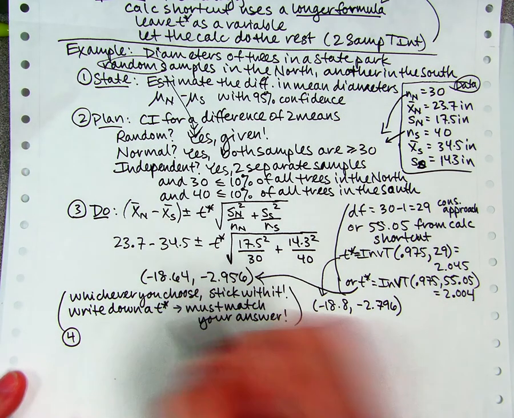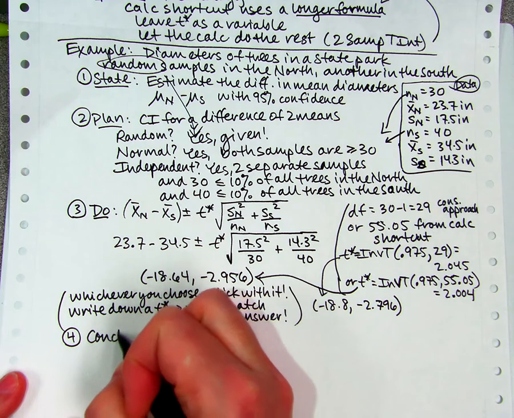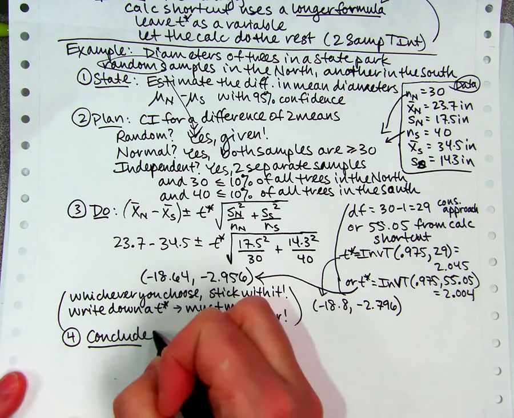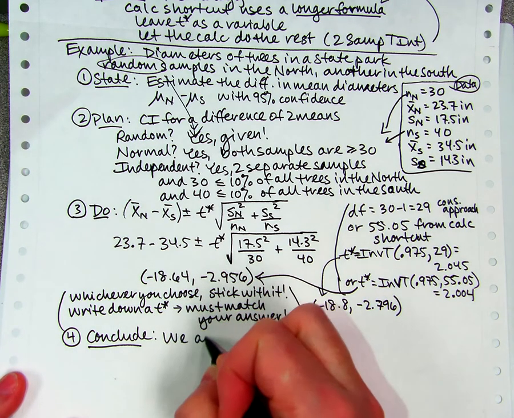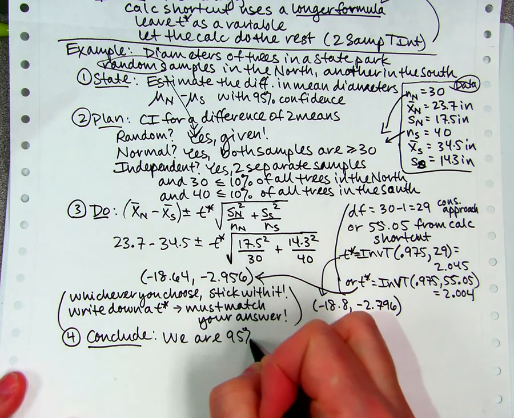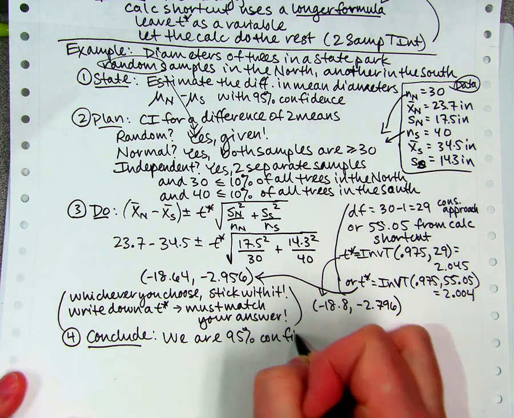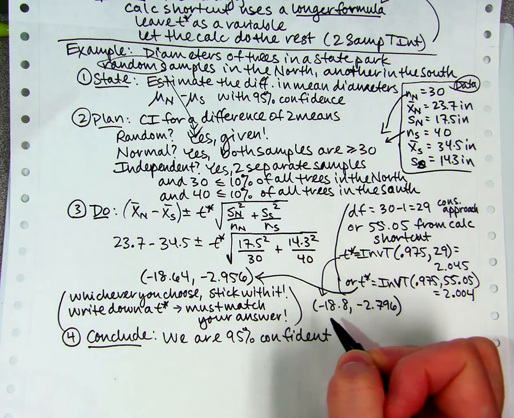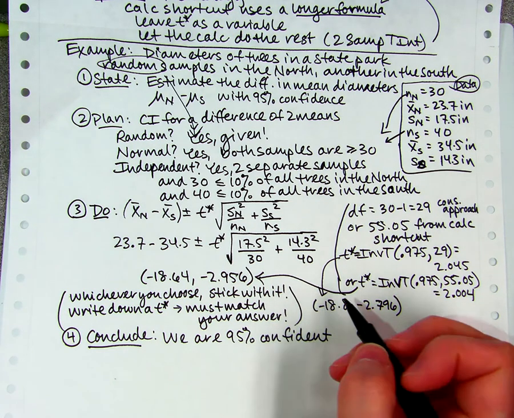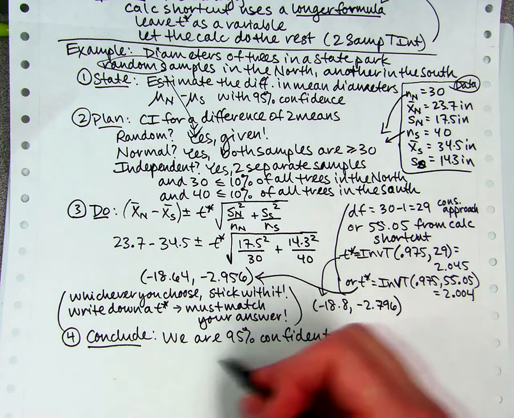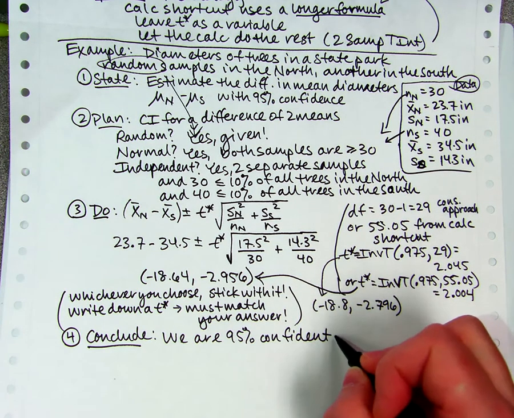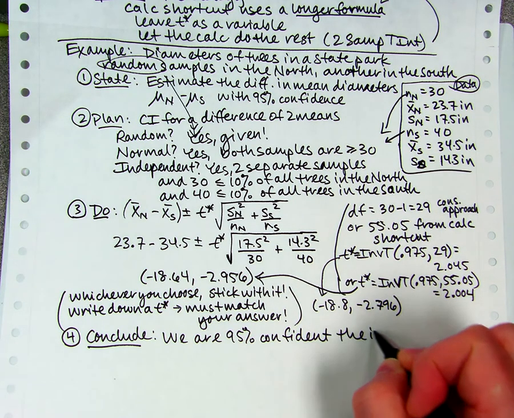All right, so we need to do step 4, and then we are done with this. So the step 4 is the conclude, of course. And remember, with confidence intervals, the conclusion looks like we are 95% confident. So now you could write something about which one is less, or you could just start by writing the sentence that you've memorized, which is fine. I'm going to say the interval